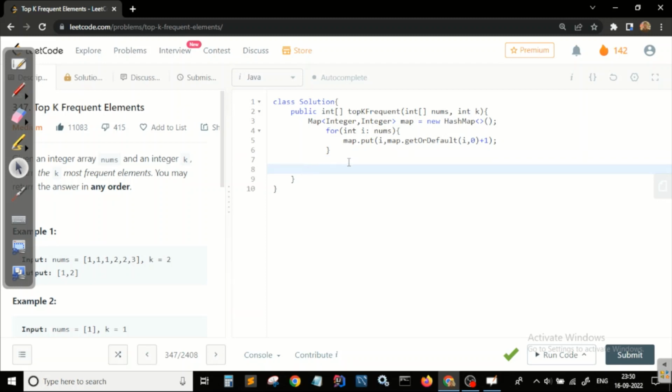So let's create it. List, this would be again integer type, List<Integer>[], let's name it bucket array. bucket = new ArrayList